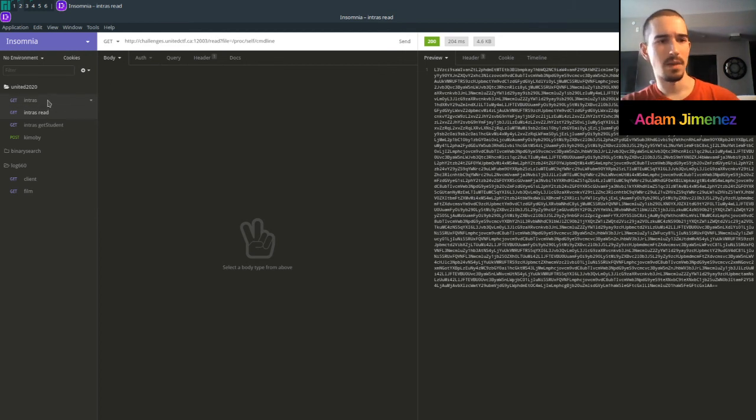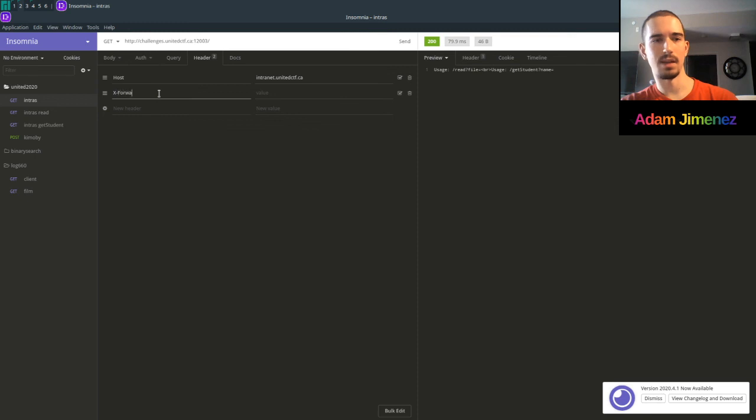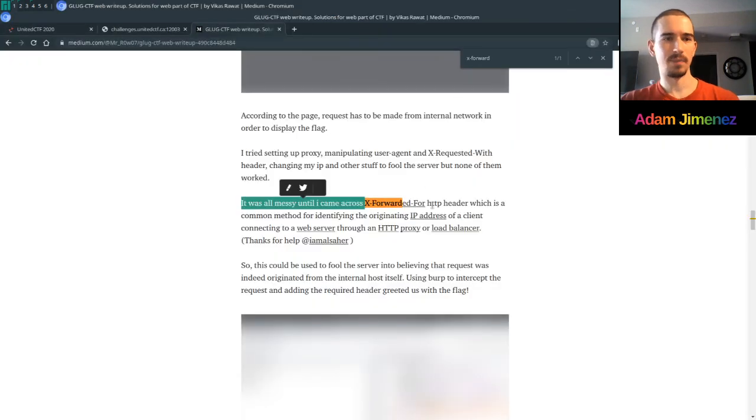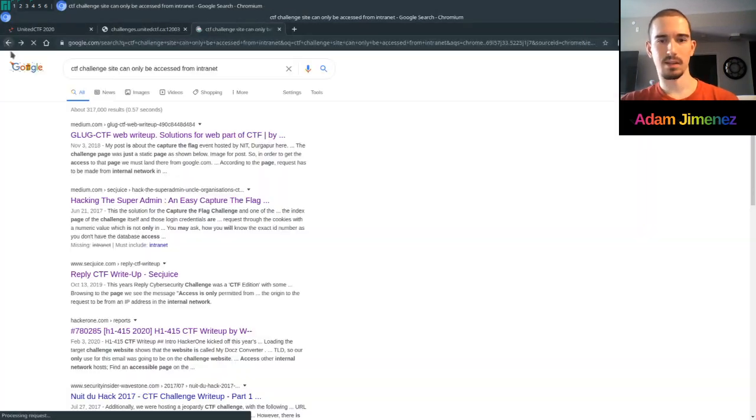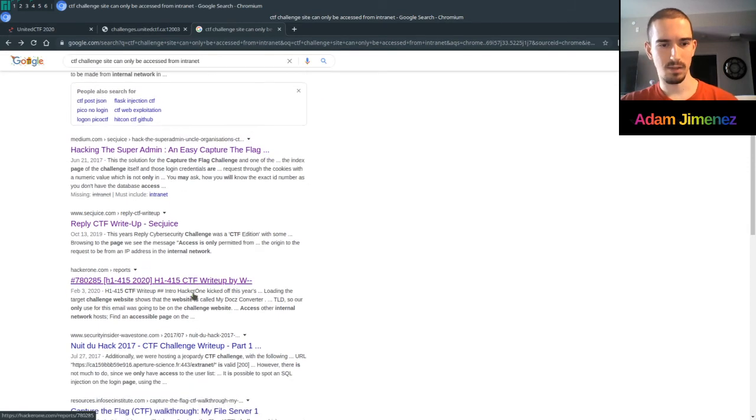I already have files for it. So you can add headers like X-Forwarded-For, and you can add values like this. I already spoiled the answer, but if you try this, it's still not gonna work like this. I had to keep looking around at all the editorials, and eventually I found the